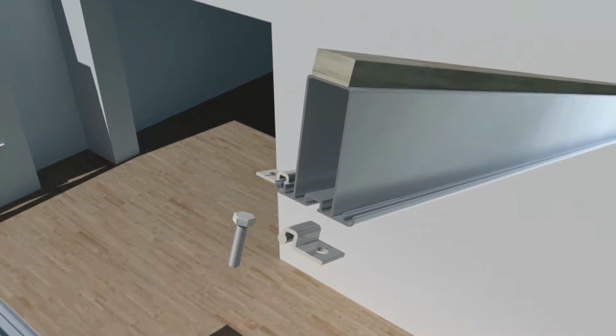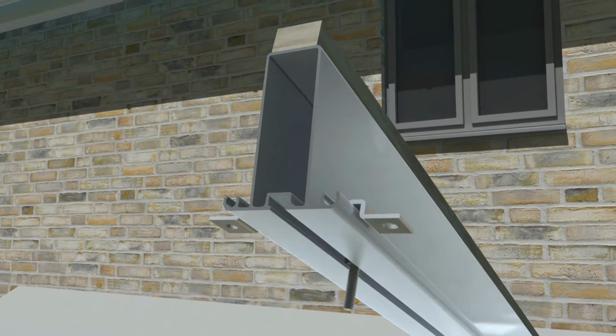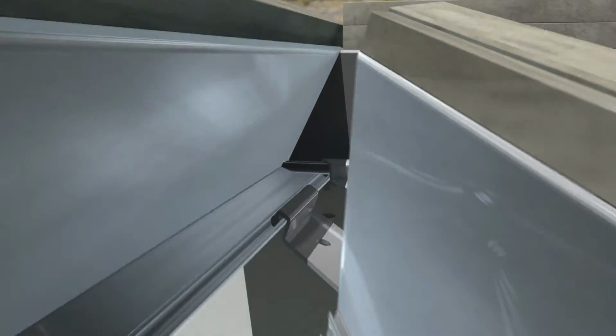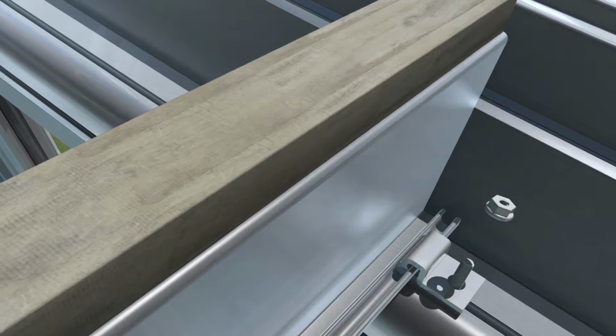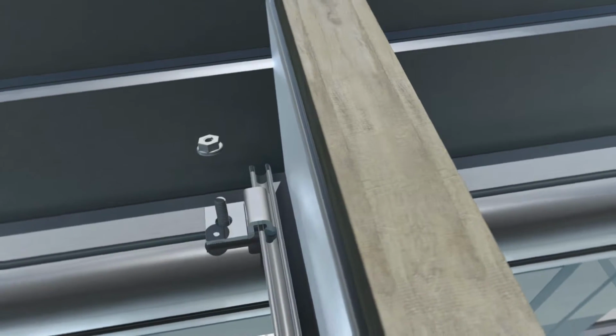Each rafter is prepared by sliding the required cleats and M6 bolts onto the slots provided. Wall plates are fixed to the wall on both sides of the ridge plate. The valley is then attached to both the ridge and the wall plate. Once in place, the rafters can be attached to the eaves by securing the cleats to the M6 bolts in